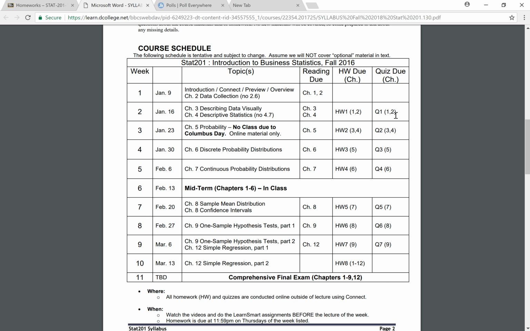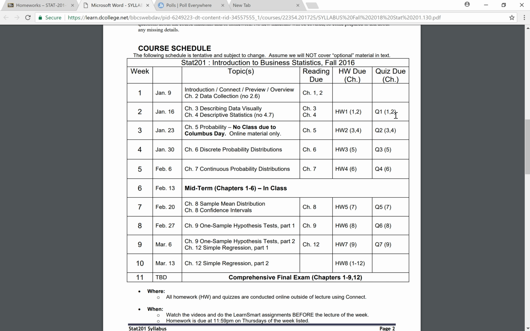Let's see, what else about homeworks? Oh yeah, you can do them as many times as you want. So you do it the first time, and you don't get the score you want, no big deal. Go back and do it again. Find out the questions that you missed. Find out how to solve them. The solutions and feedback are available as soon as you submit the homework, so you should be able to go back and redo that and get whatever score you want.